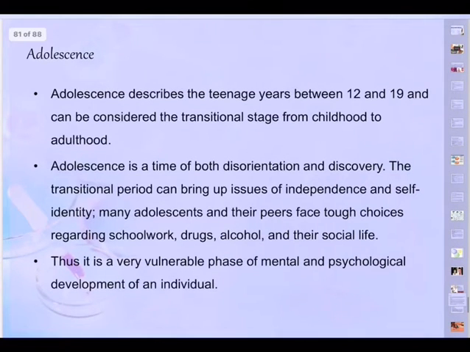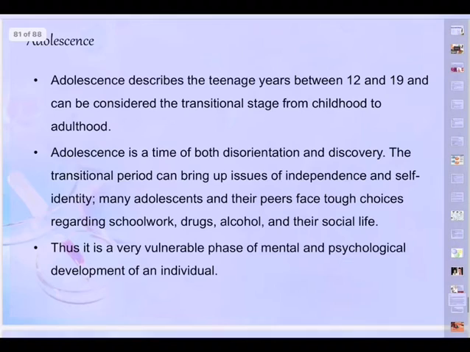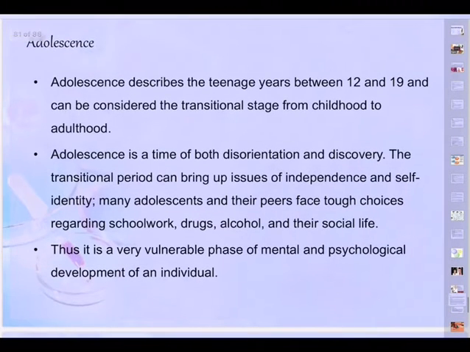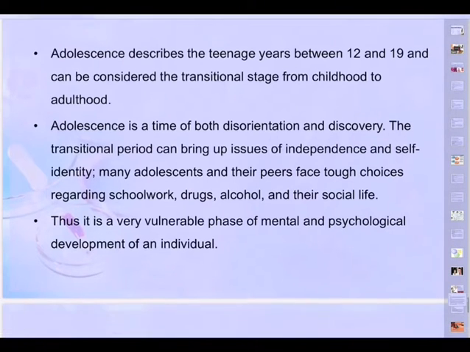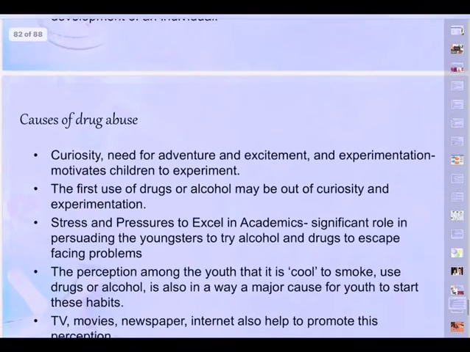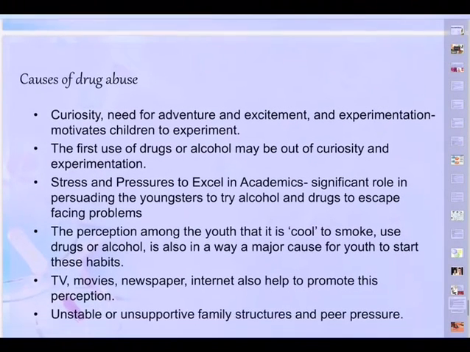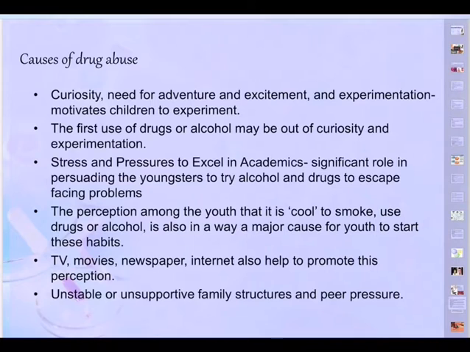So normally, who are the targets for all this? It's the adolescents. The age between 12 and 19 is considered as adolescent age. And this is the age where people are oriented towards these. Hence, one must be very, very careful during this age. Parents, teachers, the society in general must take care of these people between 12 years and 19 years so that they do not fall prey for abuse of alcohol, abuse of smoking, abuse of drugs, because this is the vulnerable phase wherein they fall prey for that.